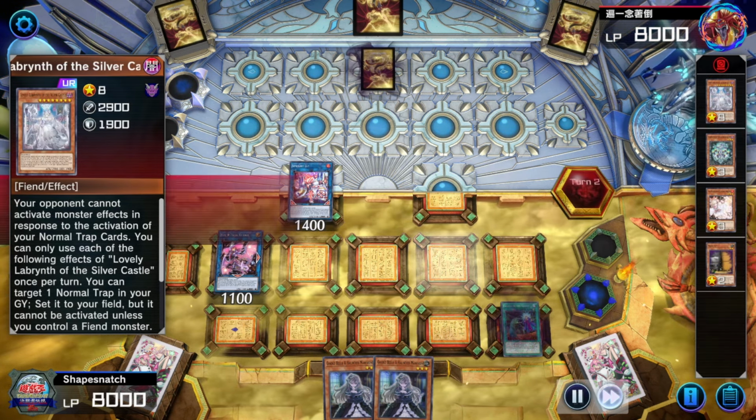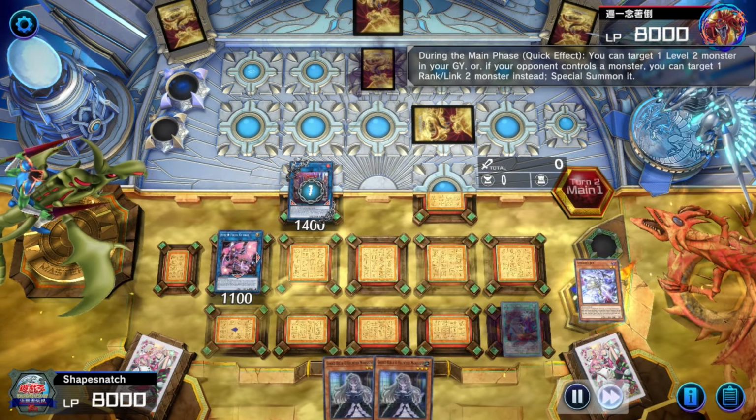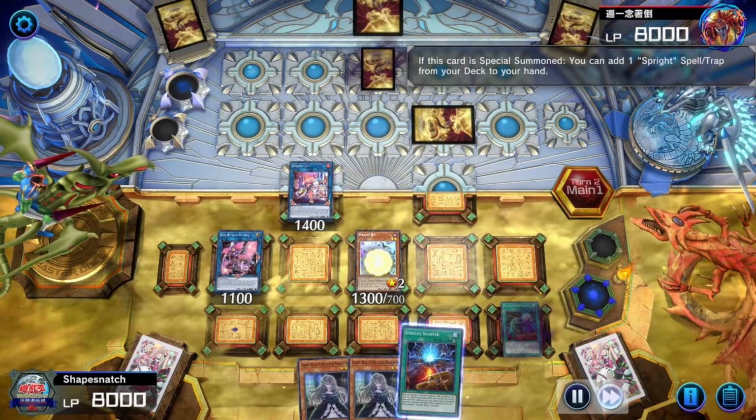But also, we have Double Bell in hand, and Called by the Grave, so yeah, they're gonna set a card, bring back Jet, Jet adds Spright starter, we're gonna activate Labrynth, and I'm gonna revive Lila to pop their set monster. That's gonna force out the Welcome Labrynth, just gets spelled. Oh yeah,